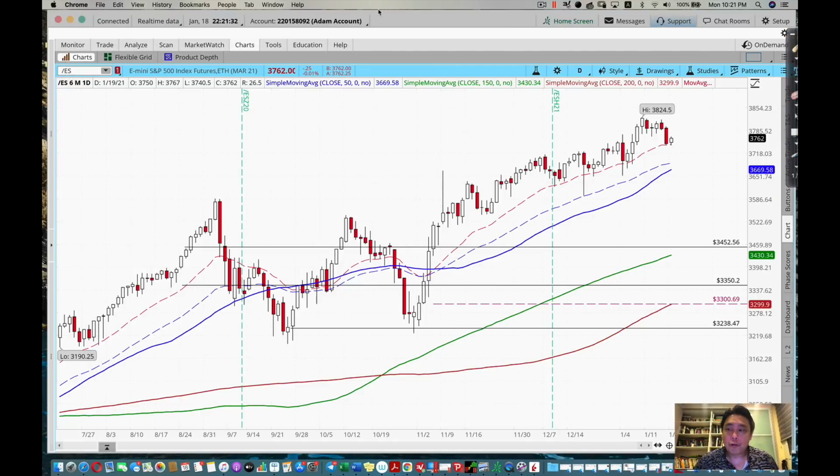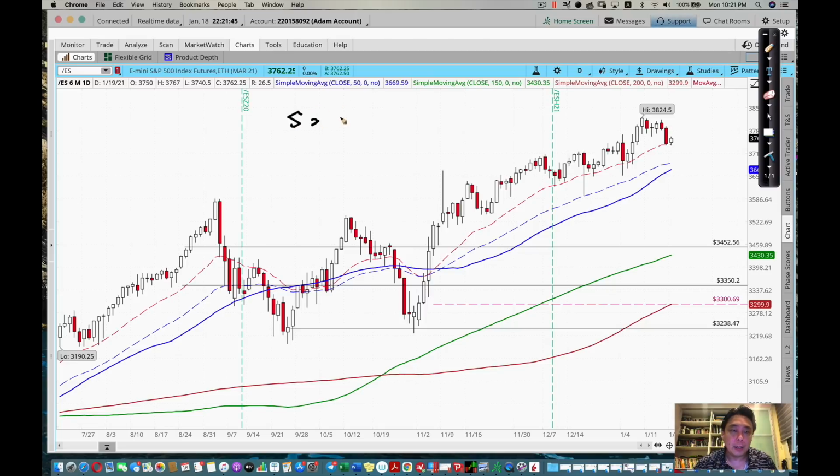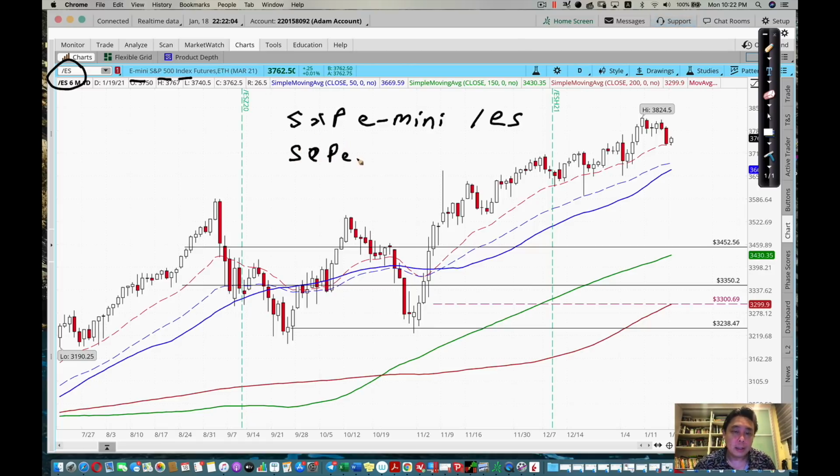So if you're trading the S&P 500 futures, there are two products that you can trade. The first product is known as the S&P E-mini Futures. The ticker symbol would be /ES, which is what I have over here. Can you see E-mini S&P Index Futures? Recently, they have a new product which is called the S&P E-mini Micro Futures. And the ticker symbol would be